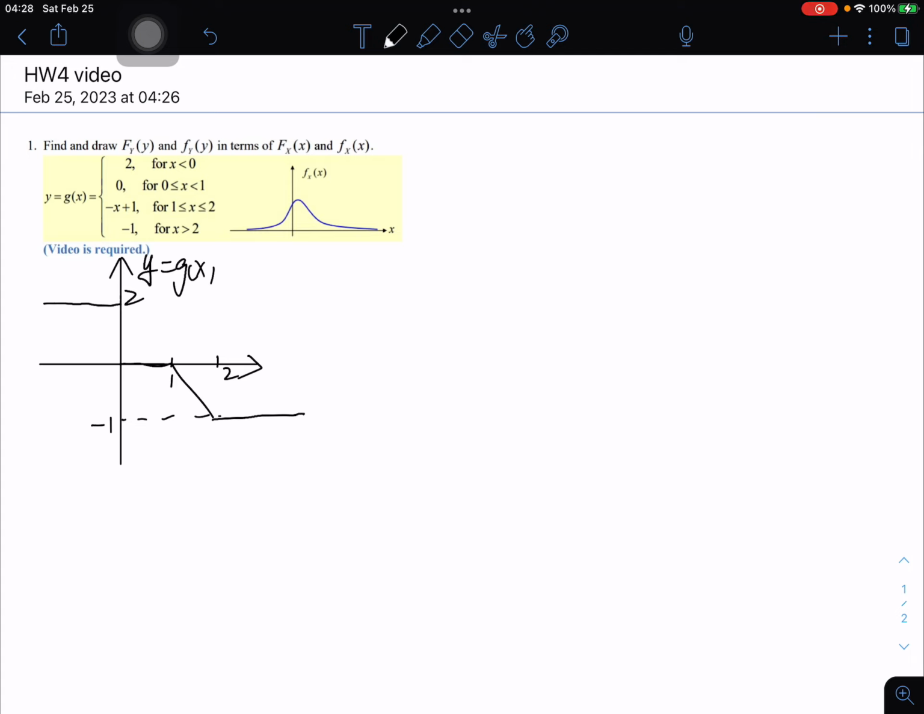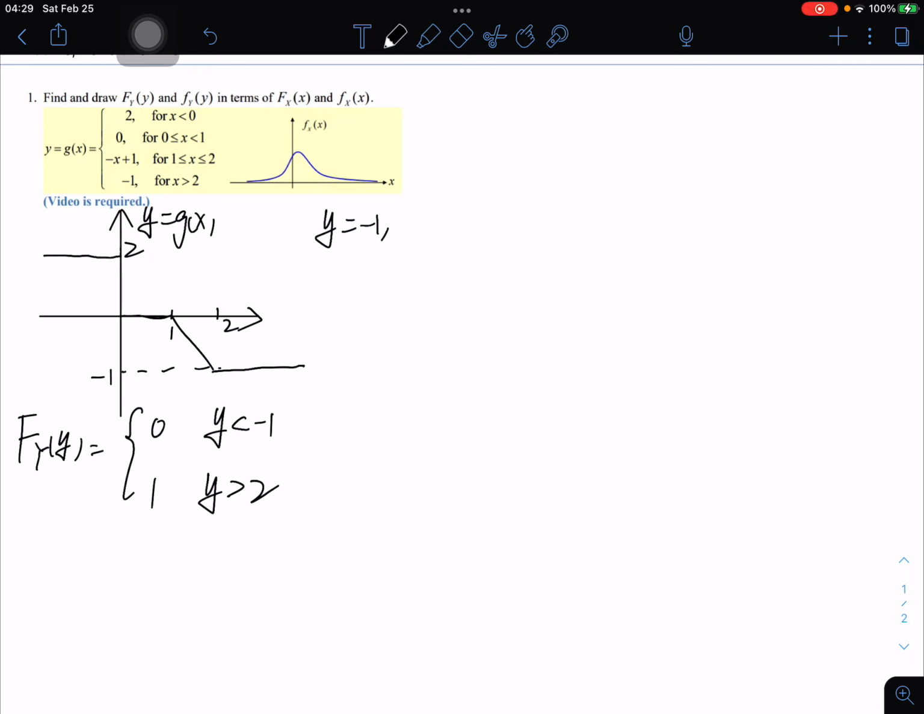Okay. We can see that y equals 0, 1, and 2. Okay, let's solve the problem. Let's divide it into several situations. First,